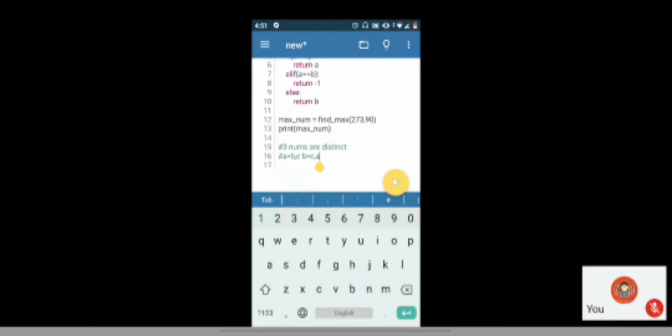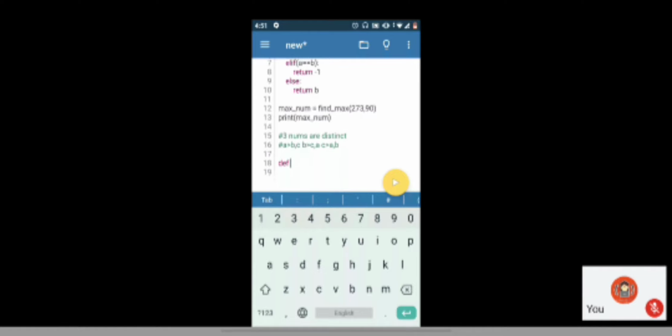So either A can be greater than both B and C, or B can be greater than both C and A, or C can be greater than A and B. These are the three options available. Either A, B, or C can be the greatest of all three, and that is what you have to check now.